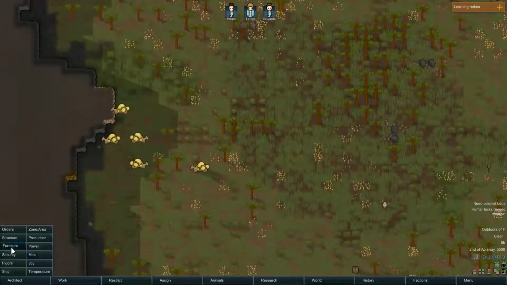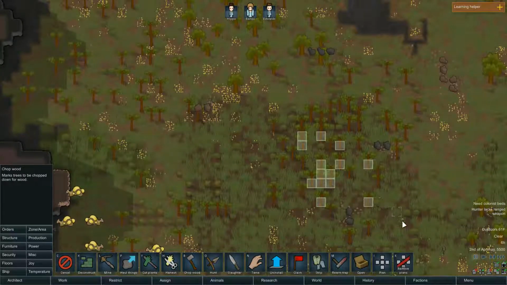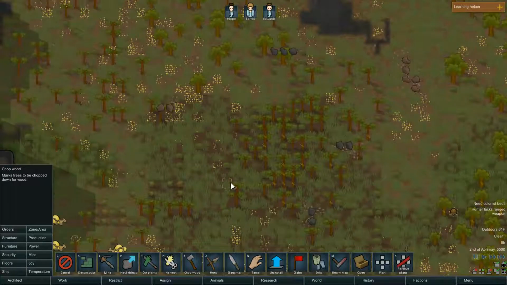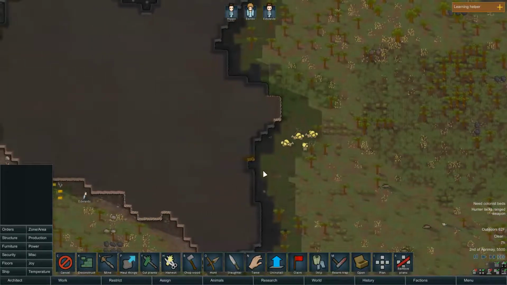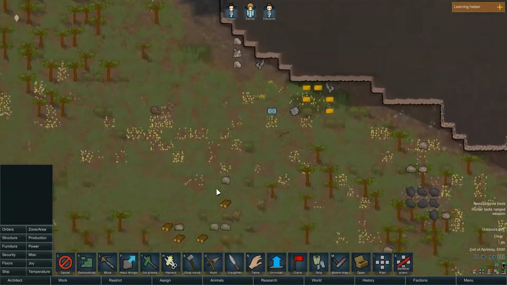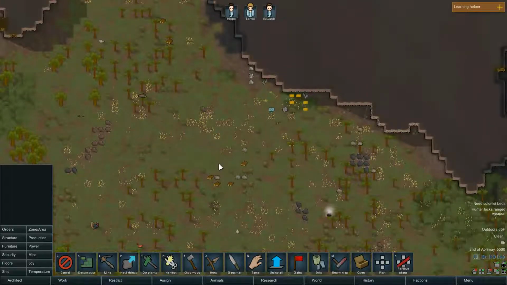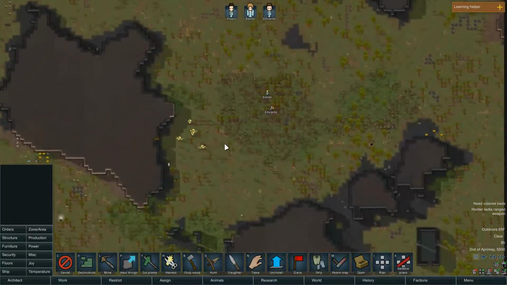What I'm going to want to do, if I go to orders here, I can tell them to start chopping wood here. And when I tell them to grow on there, they'll chop the wood anyway. But in the meantime, I'm going to let them start going. They'll start chopping wood and mining things. So you see, they're going to chop wood. The other guy's probably going over here to pick those berries. And I'm also going to start to set up dumping zones and stockpile zones, because they're going to be the areas...